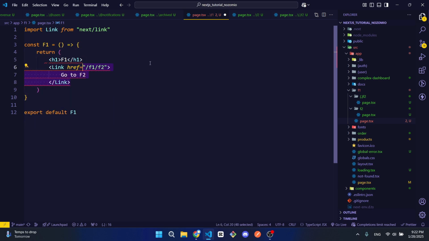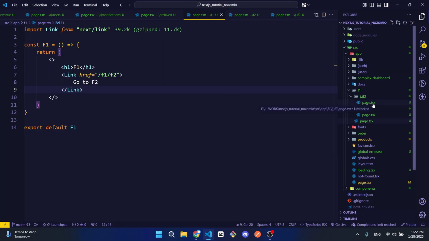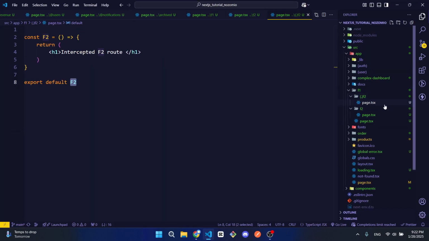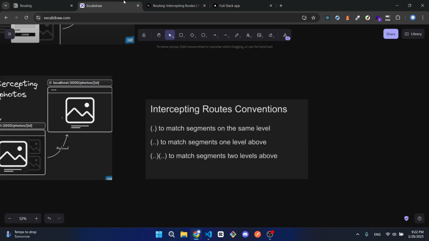Okay, we need to wrap it in a fragment. When I refresh the page and go to F2, we can see right here only the F2 page appearing, but I also want the F2 page that intercepted route to be here. But